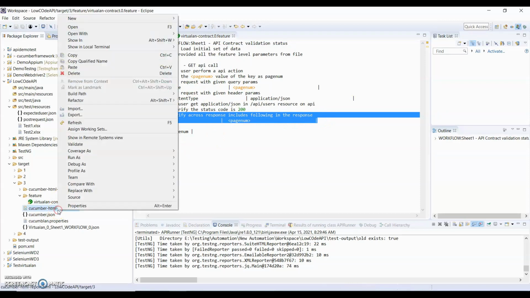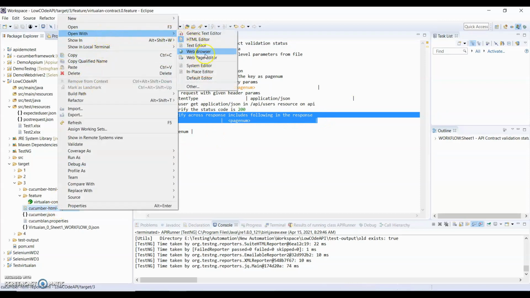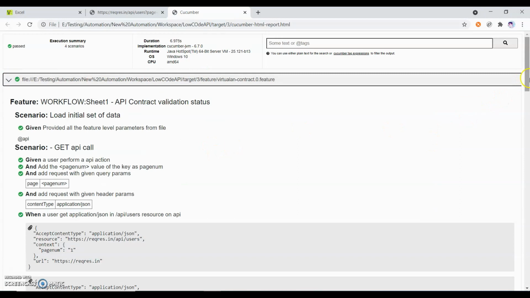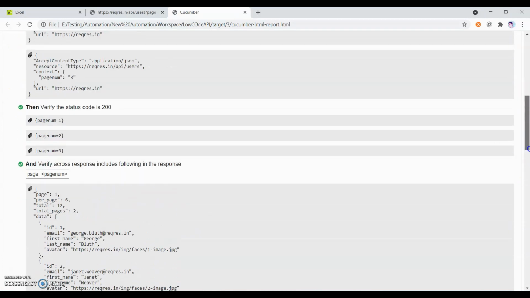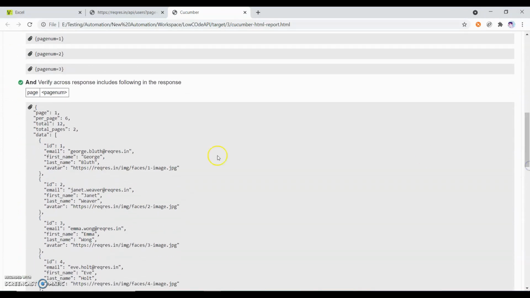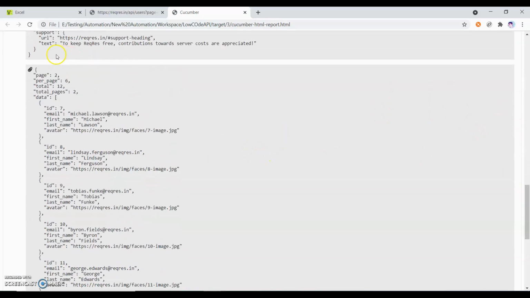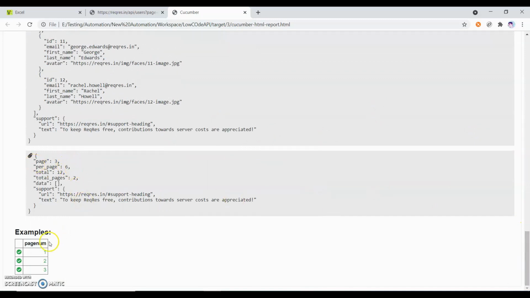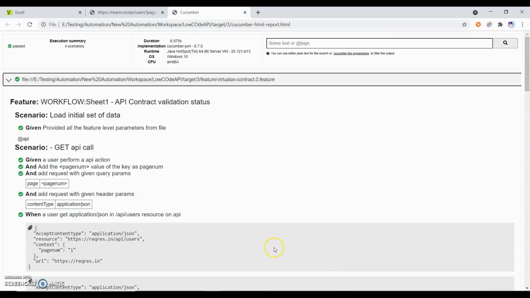Let me open a Cucumber report for more details and open it in Chrome. You can see here for the validation, the page 1 response comes here, then the page 2 response comes here, and then the page 3 response comes here, and all are passing because the data-driven testing is working correctly.